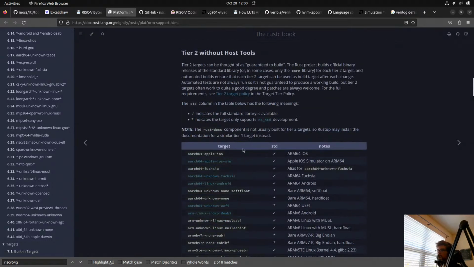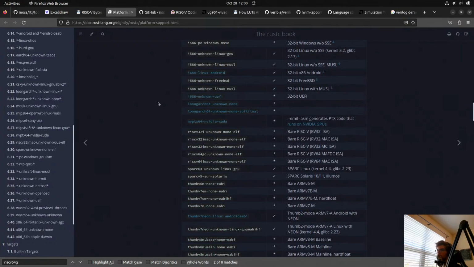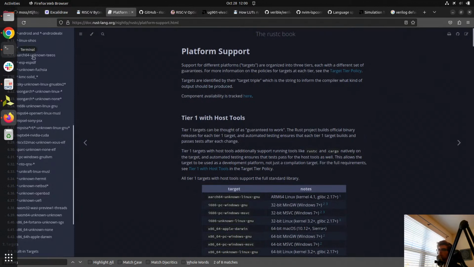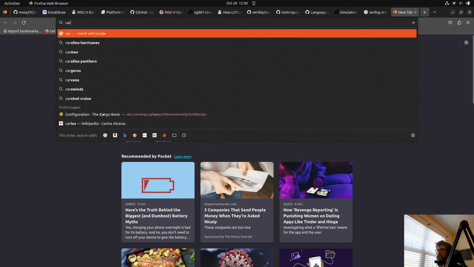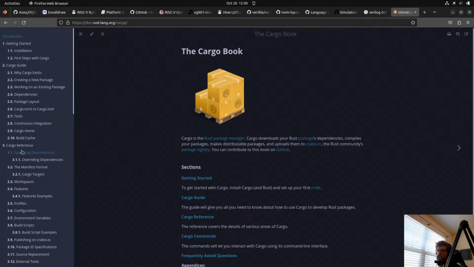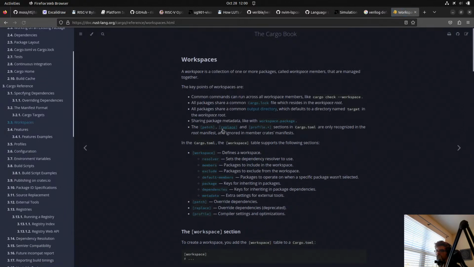So that's not too big of a deal for us. I do want to see how we want to structure the project here. So Cargo book, workspaces.